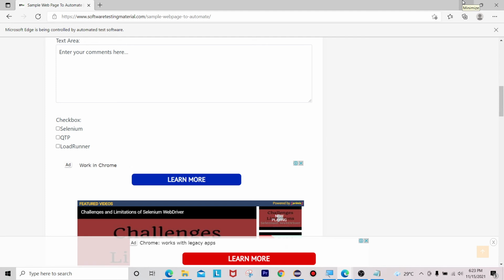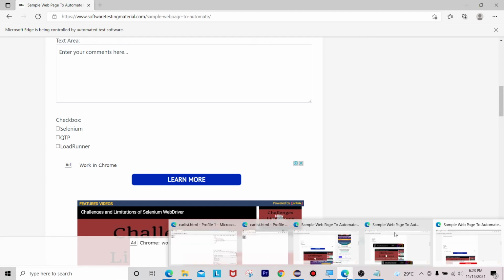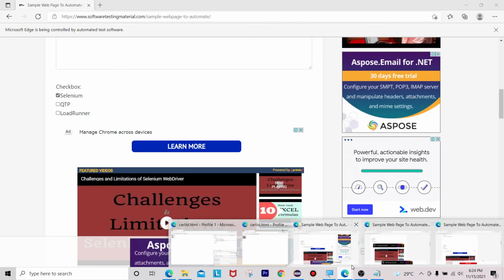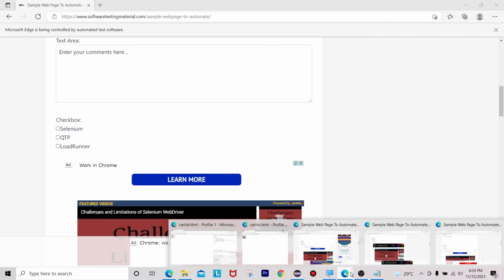So now the last one is automating radio buttons. I will take the same site for your reference. I will give you that URL also.